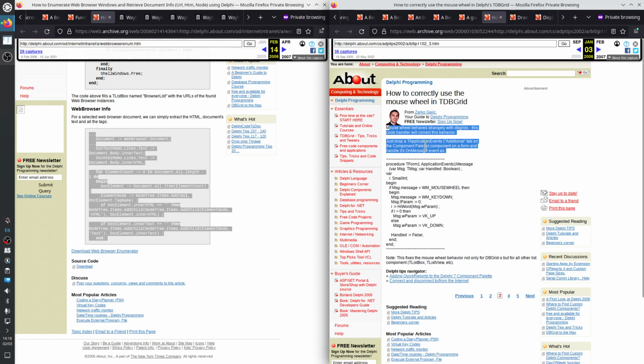Just drop a TApplicationEvents from the component palette additional tab on a form and handle OnMessage, and then if mouse wheel, then this MSG, if high word of WParam greater than 0, then up, otherwise down, handled false.